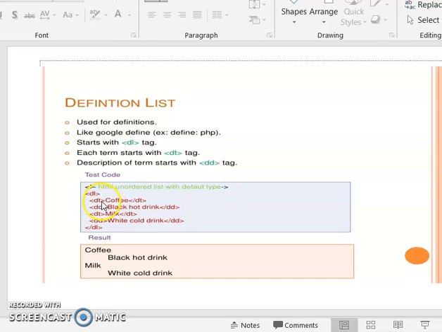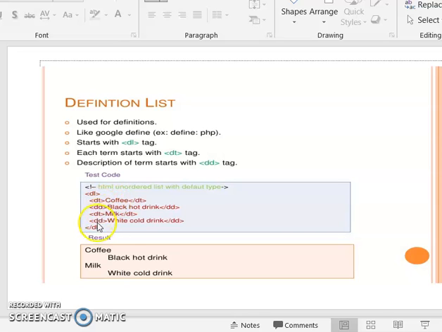Here is an example. Start with the DL, the definition list. DT is each term or something we want to define. And the description starts with the DD.